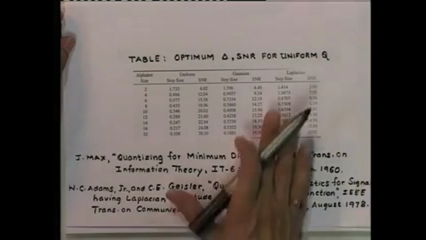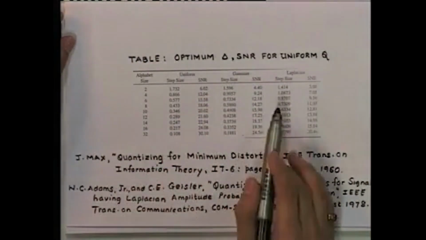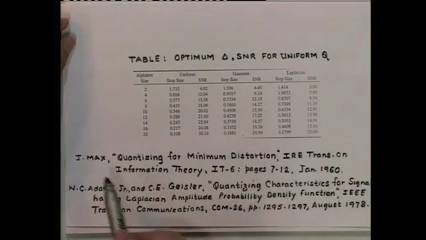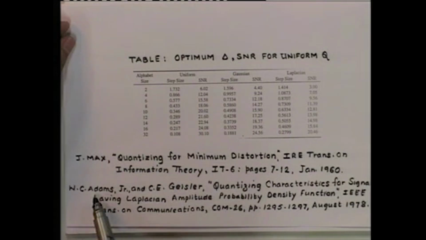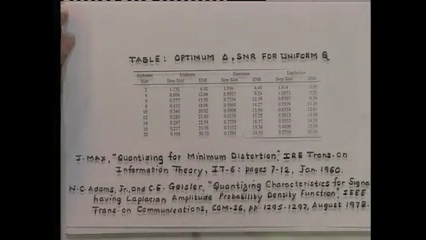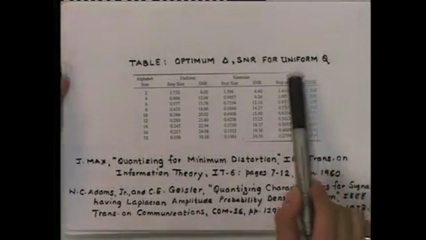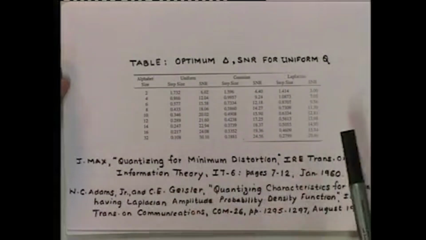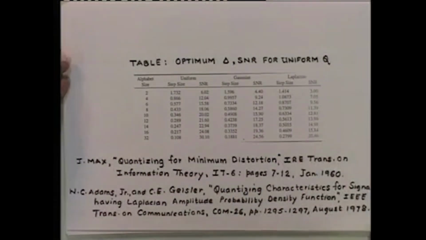Now, the results given in this table are taken from these 2 papers. One is by Max and other is by Adams and others, which had appeared in IRE transaction on information theory and IEEE transaction on communications respectively. We will return back to the discussion on the results depicted in this table, but before that, it is important